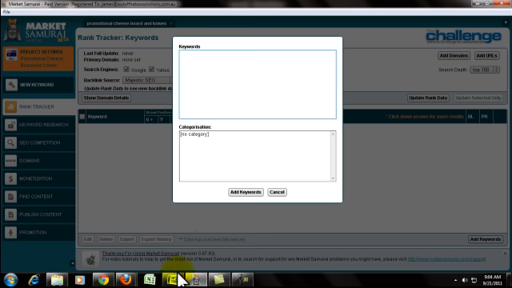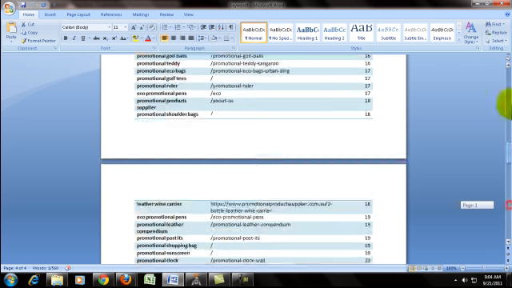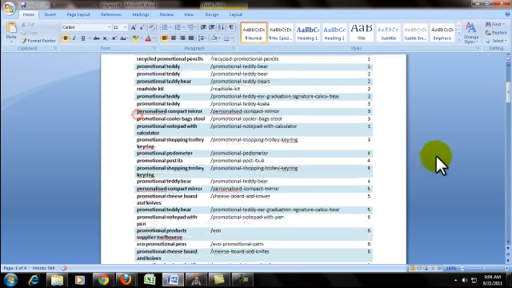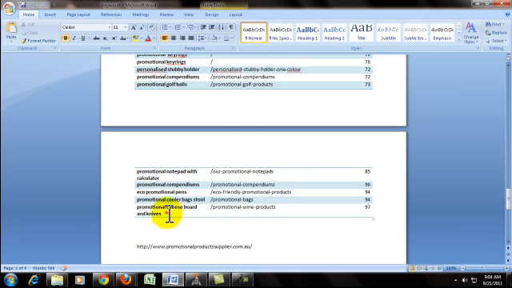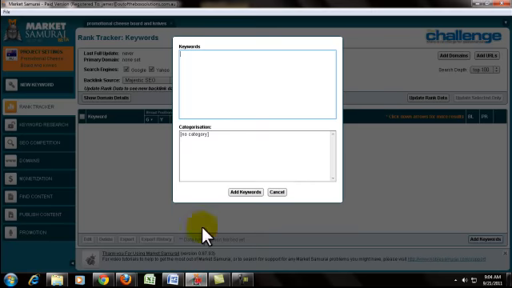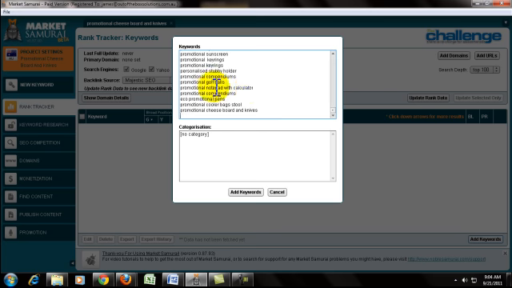For this example, I will copy paste all keywords from PPS. I have pasted the keywords in the keywords field. Then you add keywords.